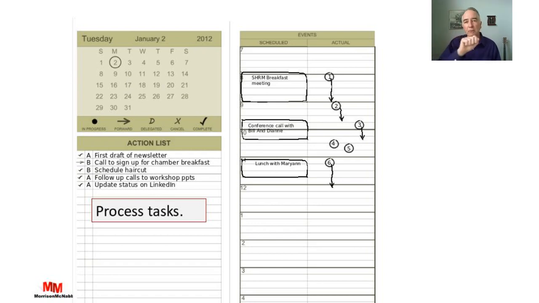Don't mark it forwarded until you've already gone ahead and done that, because sometimes I'll go ahead and mark it, and then the phone will ring, and I won't have made that other step. So always write it down first, and then go back and make the notation. And this big black dot here means it's in process. You're working on it. You've begun it, but it's not complete yet. So that's processing the tasks, making sure everything has a notation, so it's getting the day complete.